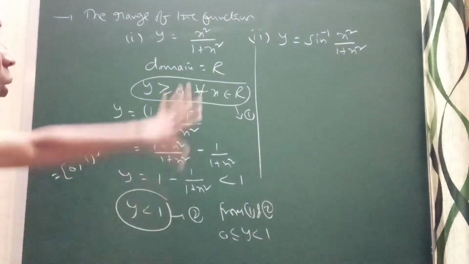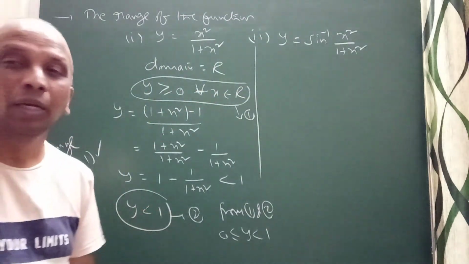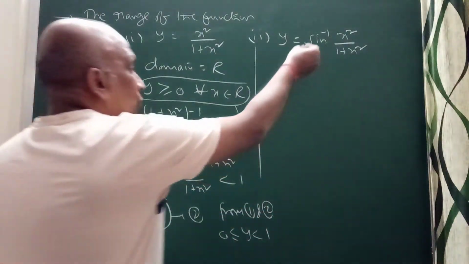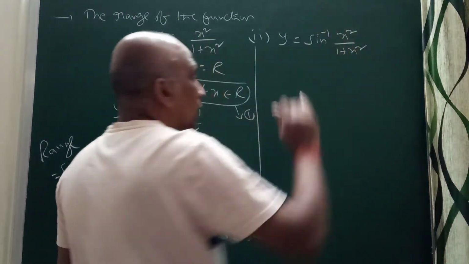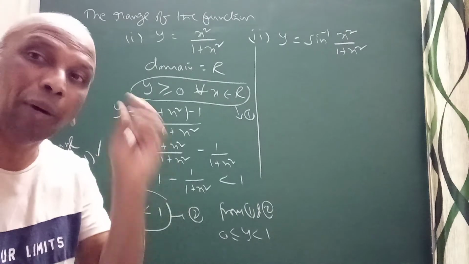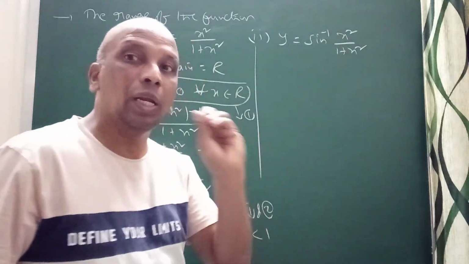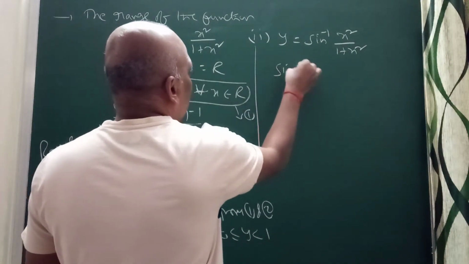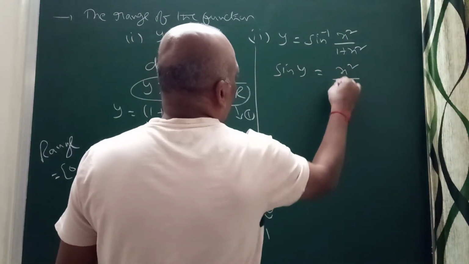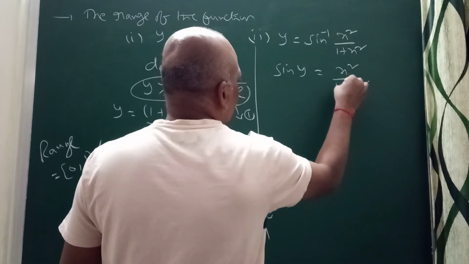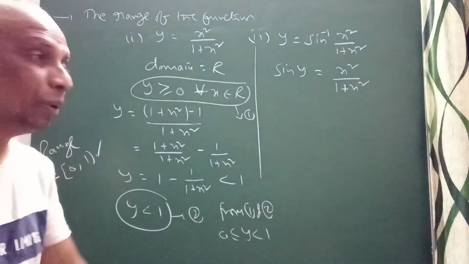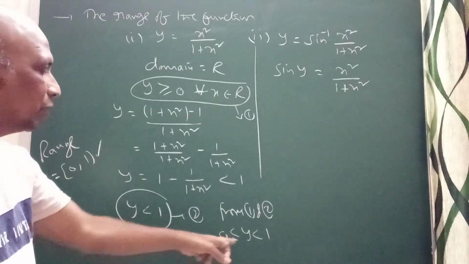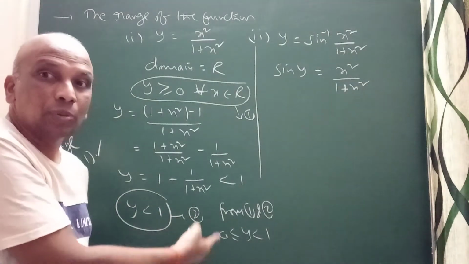Correct. Now to solve this problem, this is required data, right? You can see here sine inverse. This is the range of y I should want. From this, we know this value lies between minus 1 and 1, but here, since it's positive, clearly we will take it from 0 to 1. Now here, can I write sine y is equal to x square by 1 plus x square? Correct? Sine y is equal to this, but we know that x square by 1 plus x square lies between 0 and 1, right? So look into this previous problem.